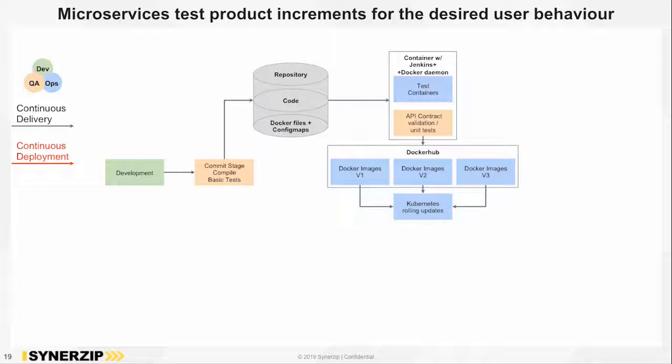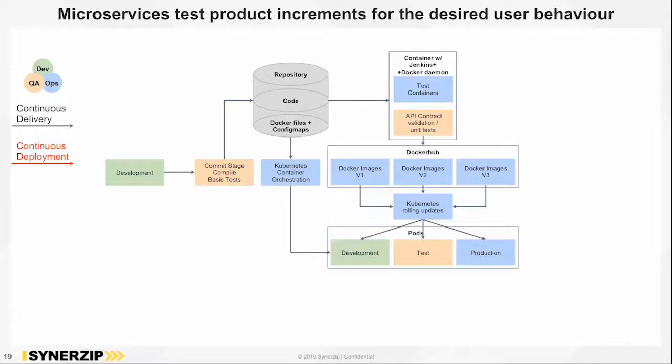So you have a Kubernetes deployment which is descriptive. It is the end state that you describe in a Kubernetes deployment, and it picks up the right images and puts them in pods, and spins up those pods. So that is the automated way of deploying a distributed application, which consists of several microservices. So this is a Kubernetes container orchestration engine, which takes the Kubernetes deployment and creates the needed environment and deploys the Docker containers in that environment, first to the development environment,